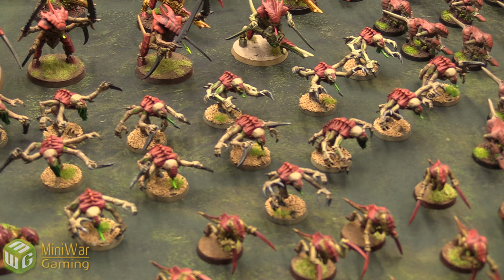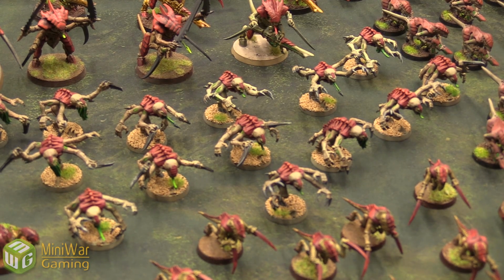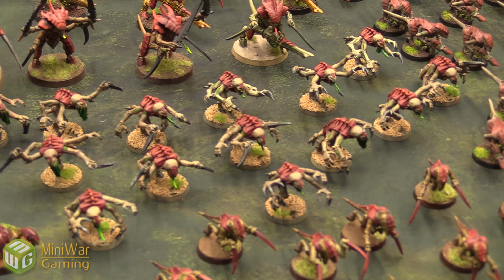Then he could make them move 8 plus D6 again. And then they can still charge. So they're getting into combat. Let's just put it that way. Even just with the 8 plus D6, you're going to get them in combat, and they are super awesome in combat. And even though they are not, you can get them out of Synapse, and most likely they'll still survive